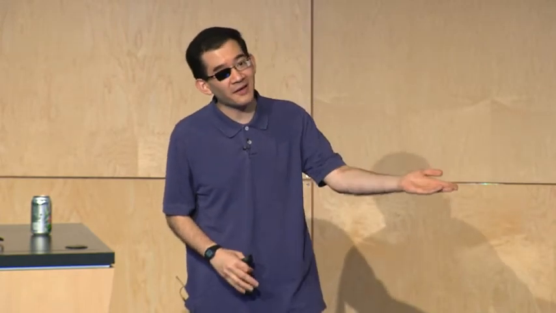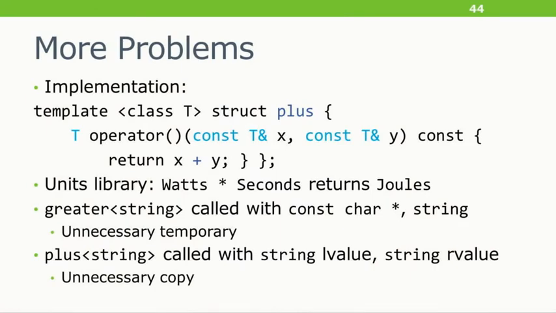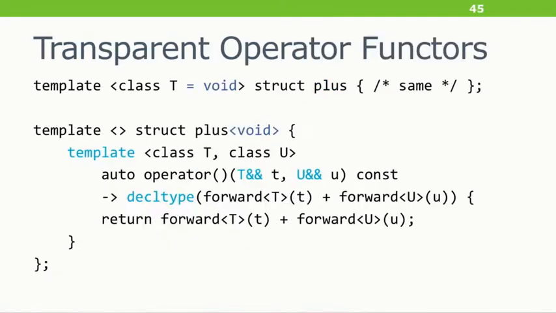Or even if the types are the same, it can still be undesirable. For example, you call plus of std::string, and you give it a string L value and a string R value. We pass that string R value to const string ref, and at that point, we've applied constness and L valueness to it, so we can't steal from it because we said, hey, we're not going to modify this thing. So we get an unnecessary copy, all because the signature took this particular form.